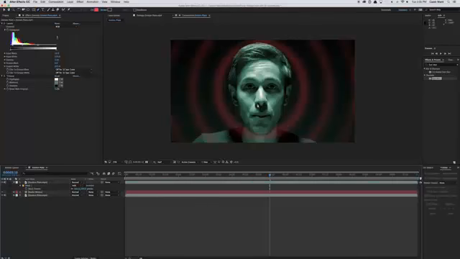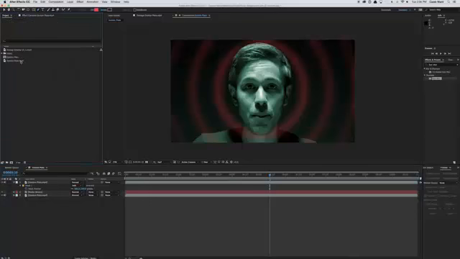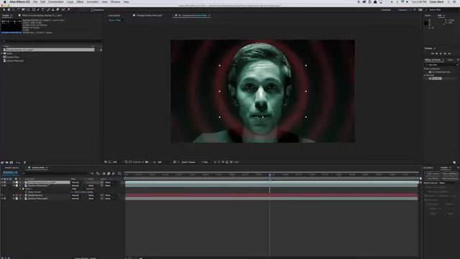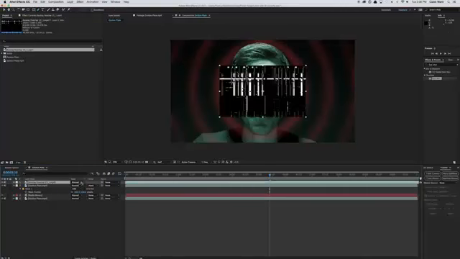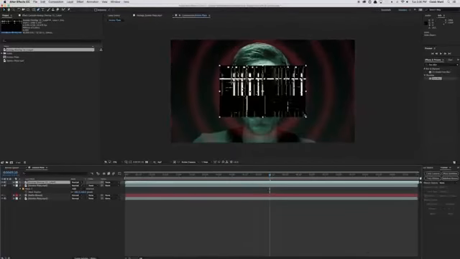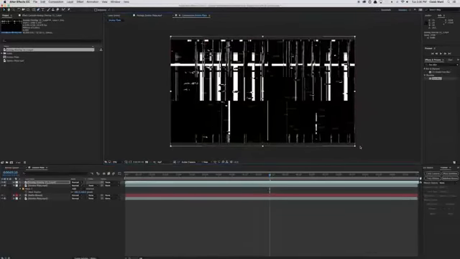Now the last thing we want to do with this plate is drop in some distortion. So go ahead and drop in the analog overlay distortion. And this distortion comes from the corruption pack over on Rocket Stock, and you can learn more about that in the description below. So let's go ahead and scale up this distortion element to where it fills up the entire